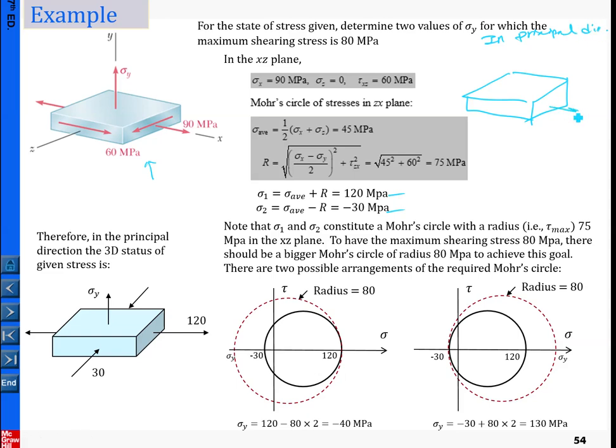In the principal directions, the distribution of the stress will be 120, and one is 30, okay, and then the sigma y. Okay, so something like this one. So in the principal direction, you start from here, then you try to solve this problem, just something like this one here. Okay,